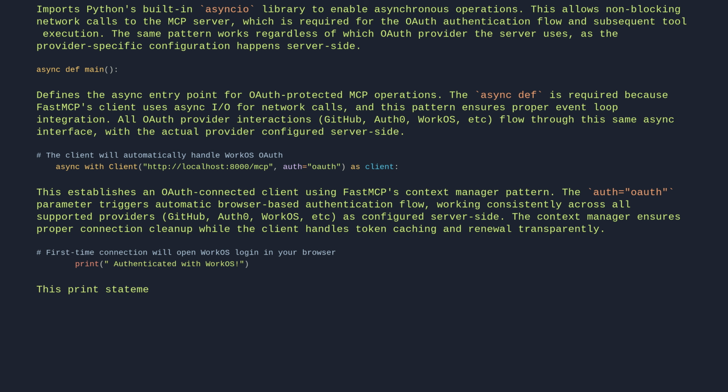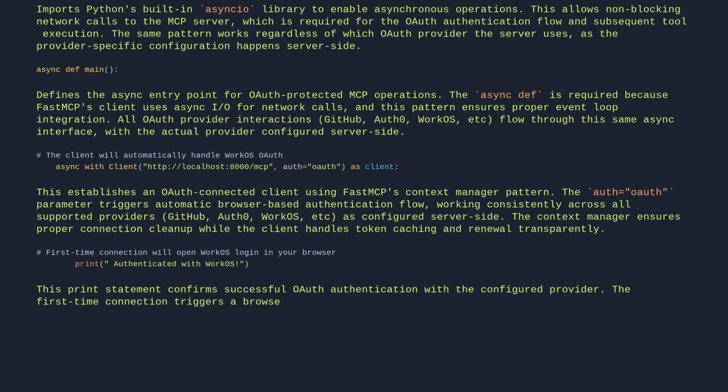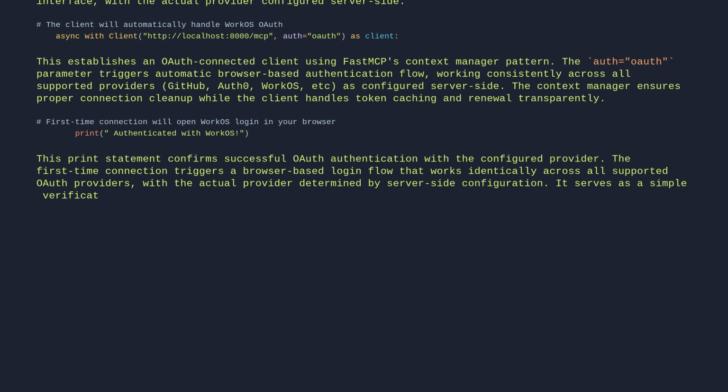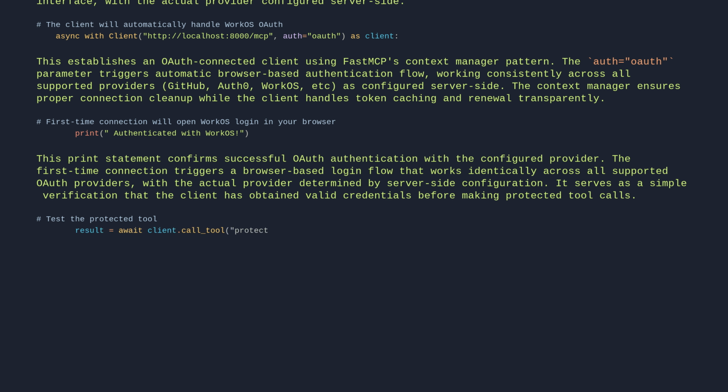This print statement confirms successful OAuth authentication with the configured provider. The first-time connection triggers a browser-based login flow that works identically across all supported OAuth providers, with the actual provider determined by server-side configuration. It serves as a simple verification that the client has obtained valid credentials before making protected tool calls. # Test the protected tool. result = await client.call_tool("protected_tool", {"message": "hello"})